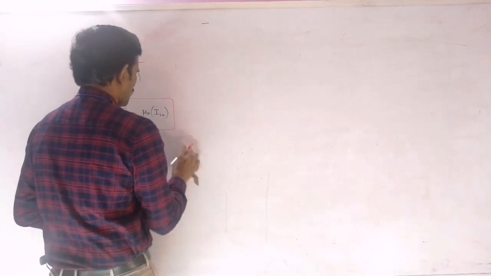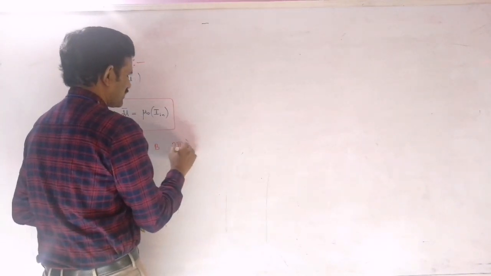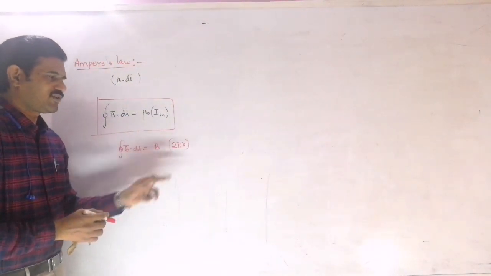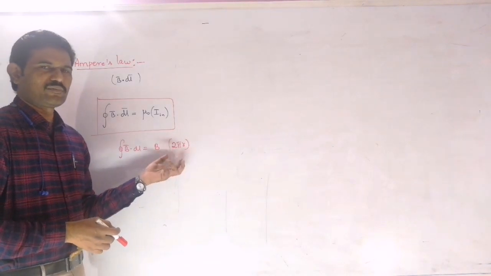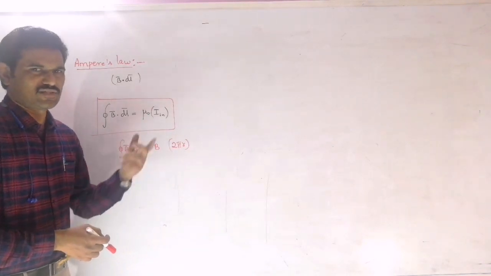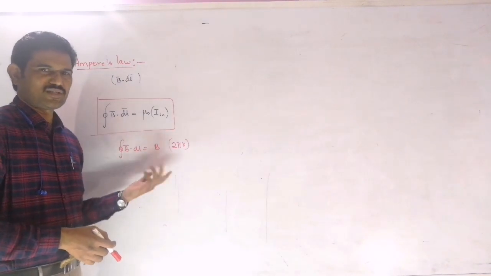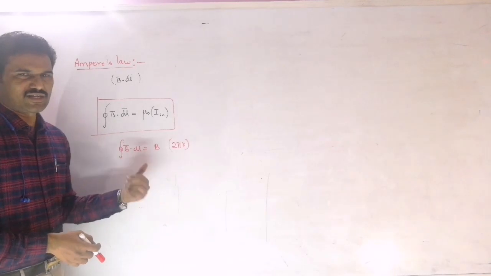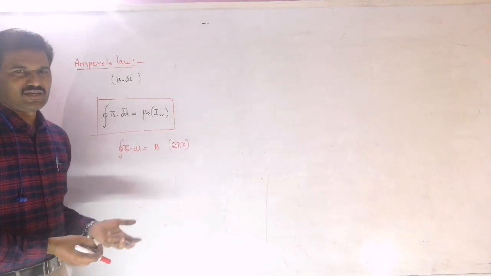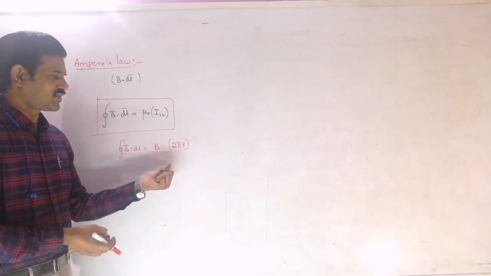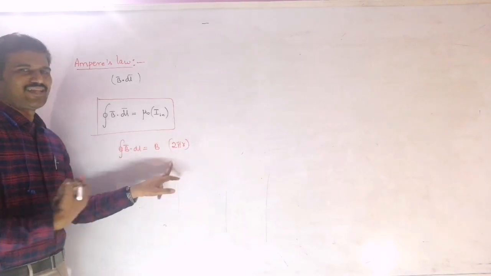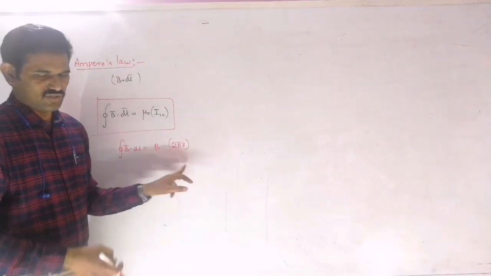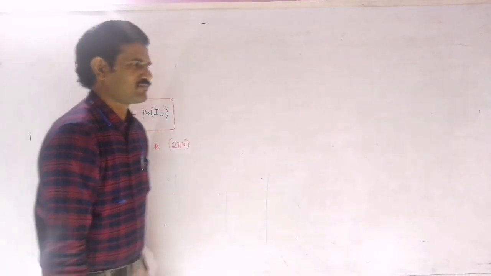In the case of a circular path, you can write this as the integral of B into dl, which is B into 2 pi r. It need not be 2 pi r, you may mention it as the circumference. If it is a rectangular loop, you may write it accordingly. We will do some derivations, and then you will get the clarity. If it is any other path, not a circle, just write it as B into circumference.